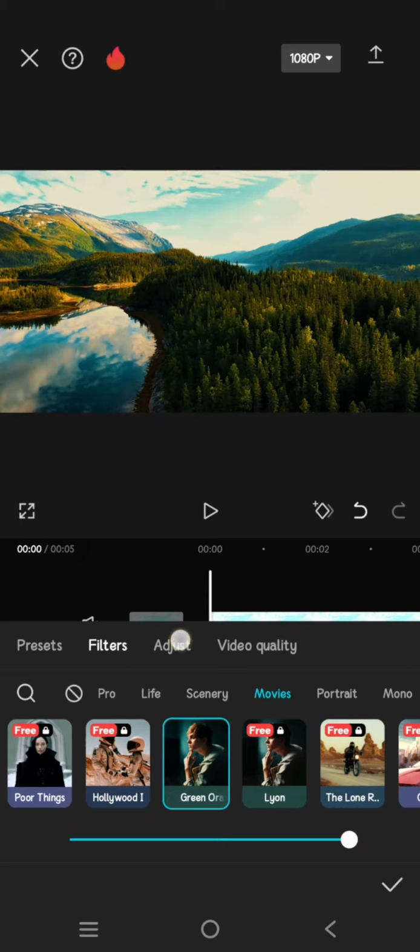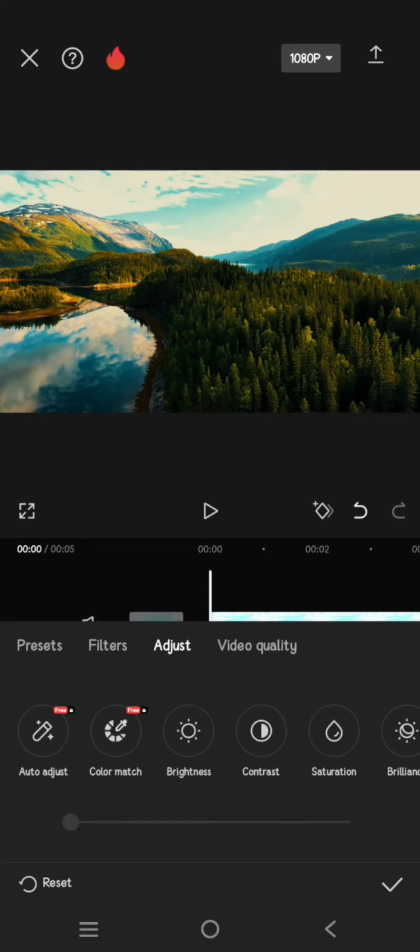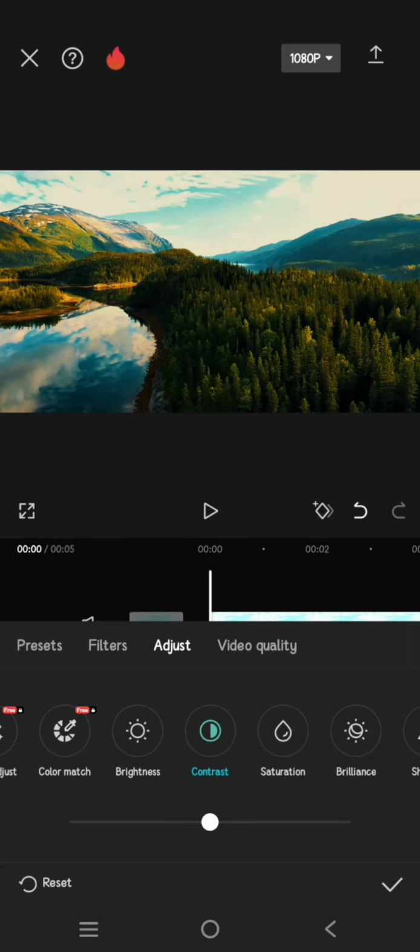Now go to adjust and you can follow the settings. So for the contrast, lower it to -10, brilliance increase it to 10,